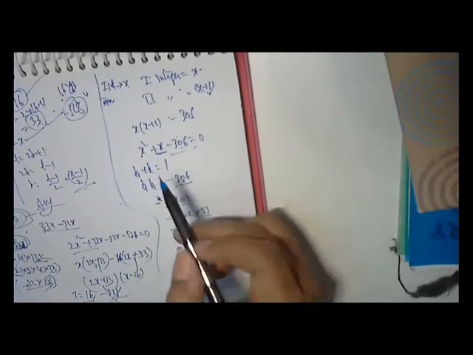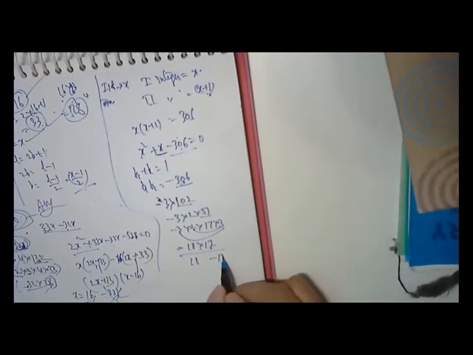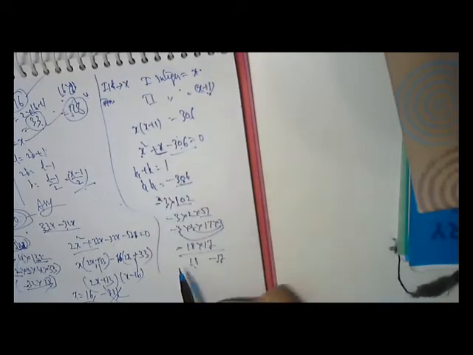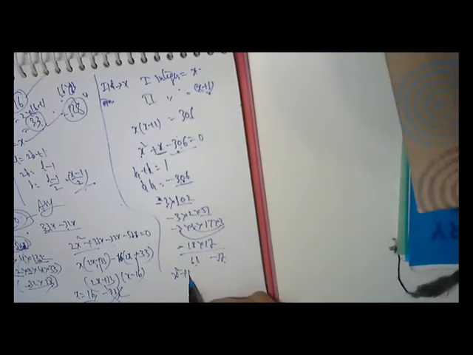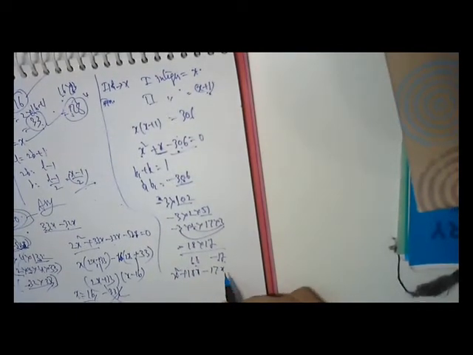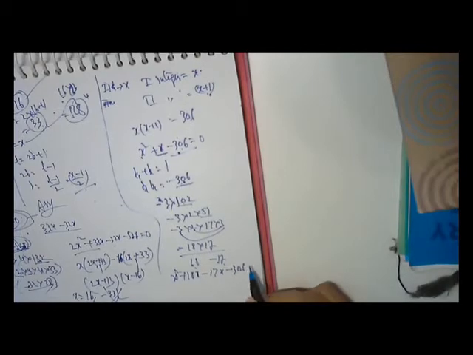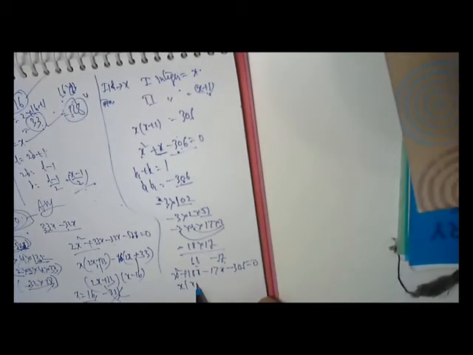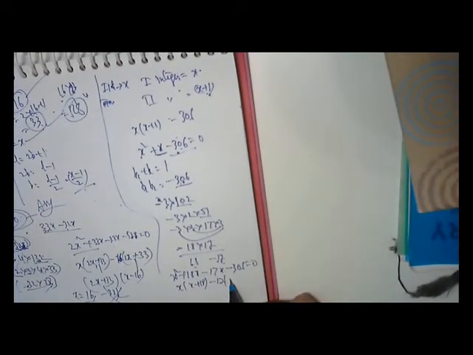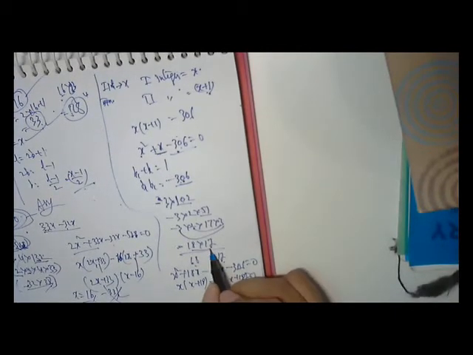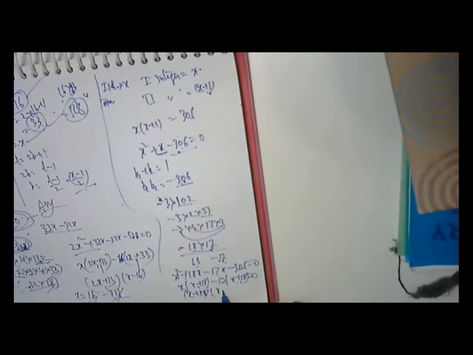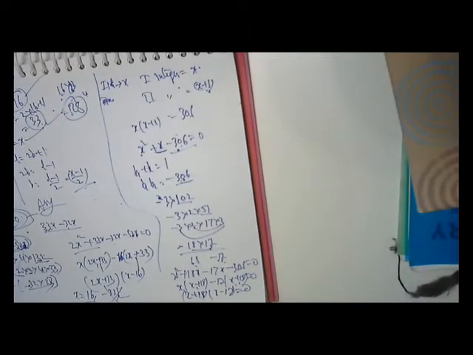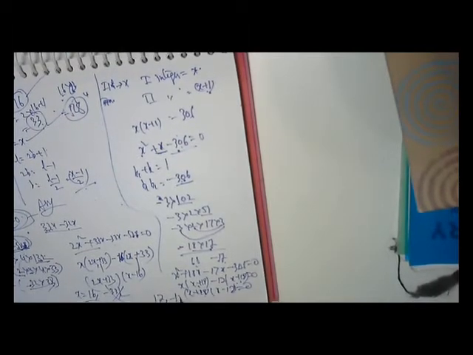So if I want plus 1, what do I put? Plus 18 minus 17. 18 minus 17 is 1, and 18 into minus 17 is minus 306. So I am splitting: x square plus 18x minus 17x minus 306 is equal to 0. If I take x common, x plus 18, and minus 17 common, x plus 18, because 17 into 18 is 306. So here common is x plus 18, x minus 17. So what is the answer? Either x is 17 or x is minus 18.